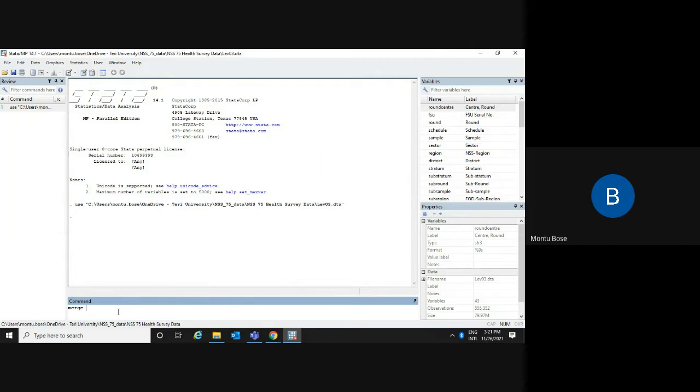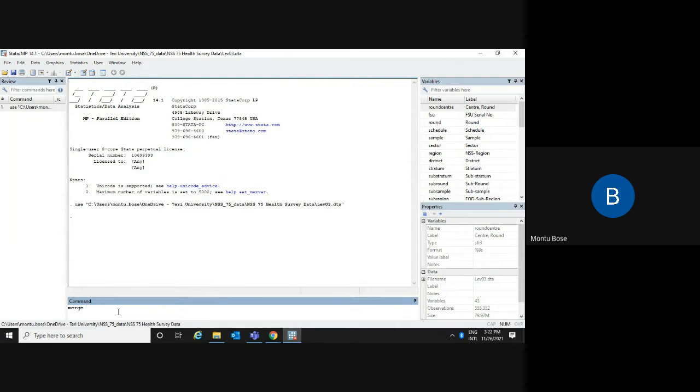Now what is the merge? First, the data that I am using has multiple household IDs. That means the household ID is repeating multiple times for the individual level records, because in a household there might be 5 members, and in 5 rows you would get the members' information. So the household ID would be repeated 5 times.